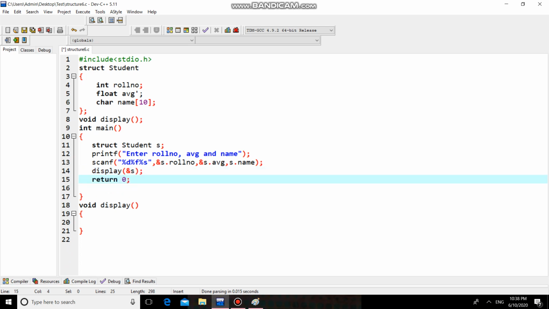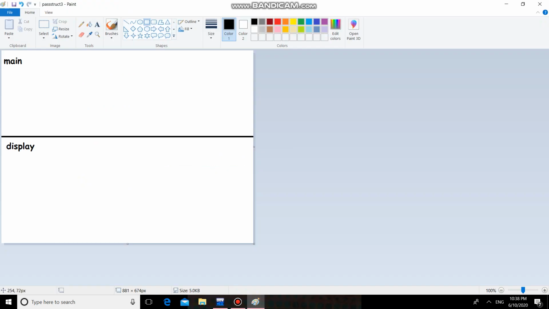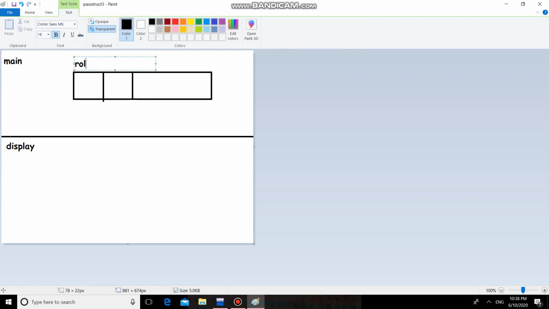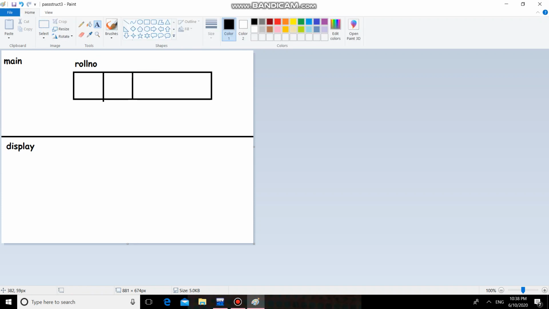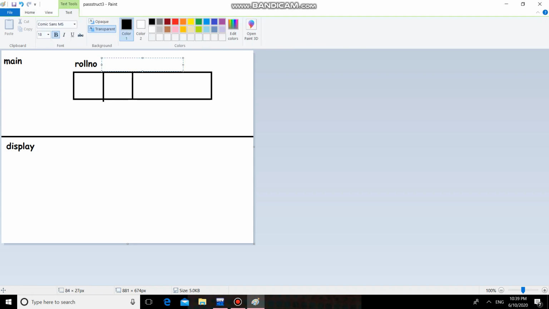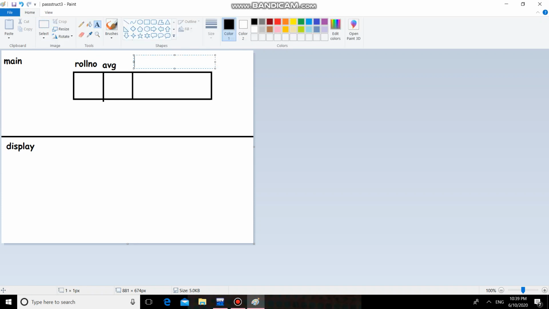Now see the scenario. Consider this is my structure variable ys, which has three members: roll number, avg, and third one is name.